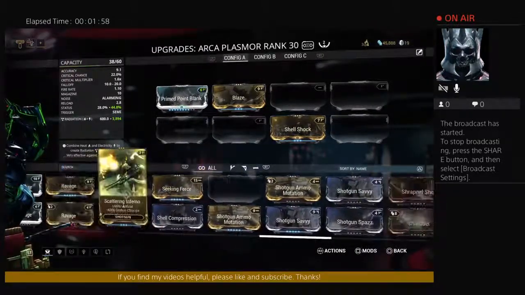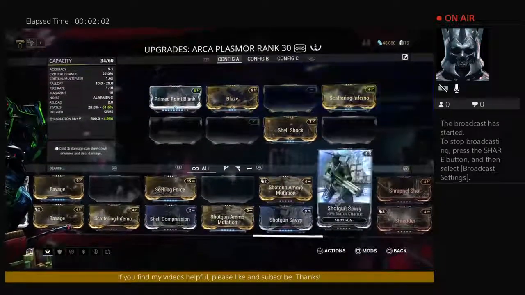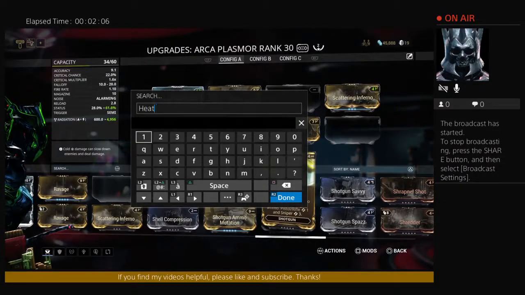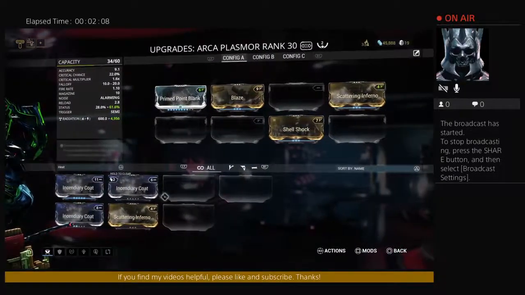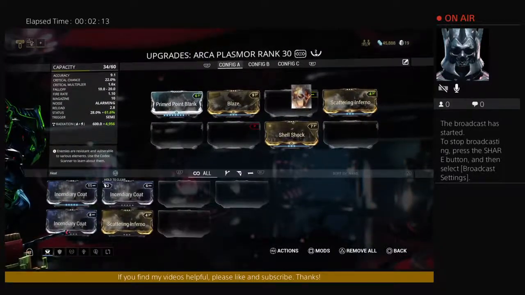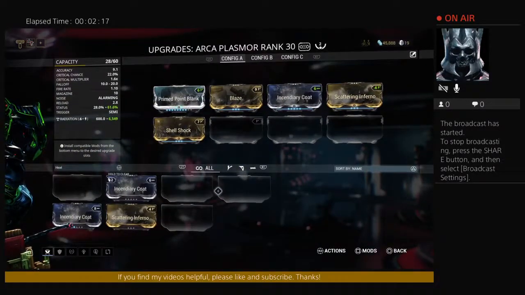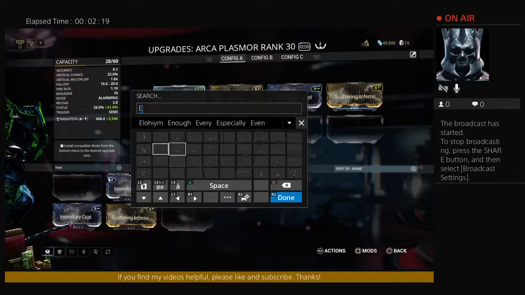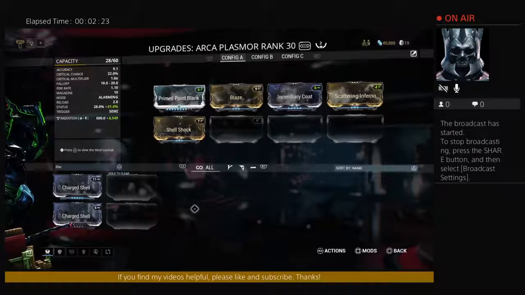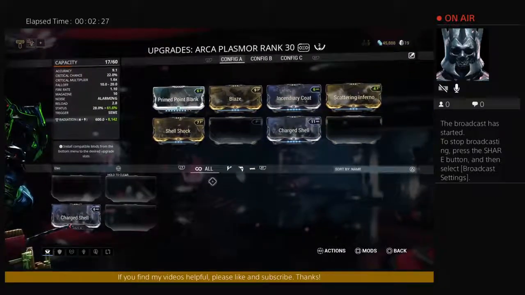Now, let me see. Scattering Inferno is another heat mod. It's going to add to that radiation damage. Let's just actually go type in heat. Incendiary coat. Right, like I said, our main priority right now is getting these numbers as high as possible. We want to see exactly how high we can get them, right? Electric damage, charged shell, right? And